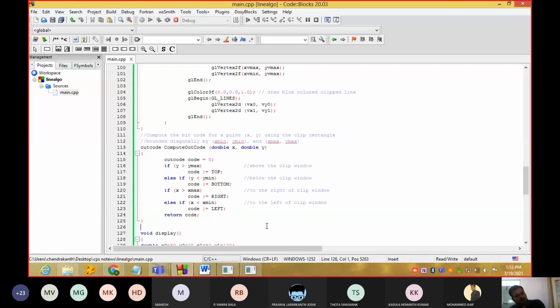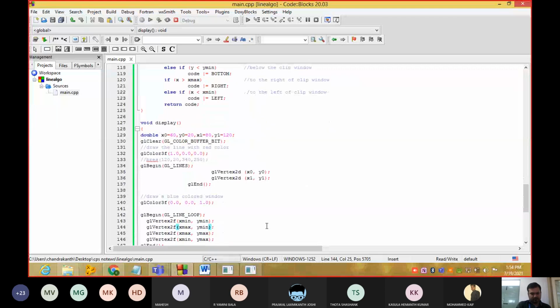So we need these points. So next we have the display function and main function.